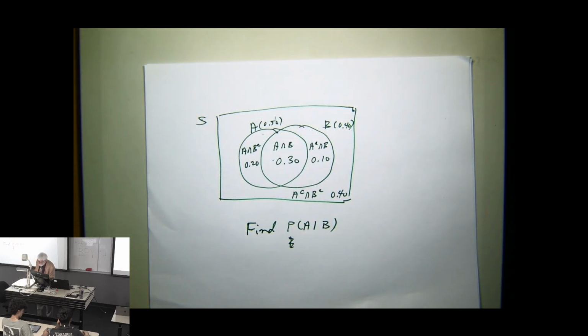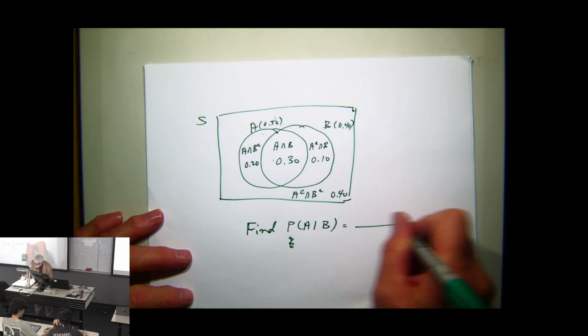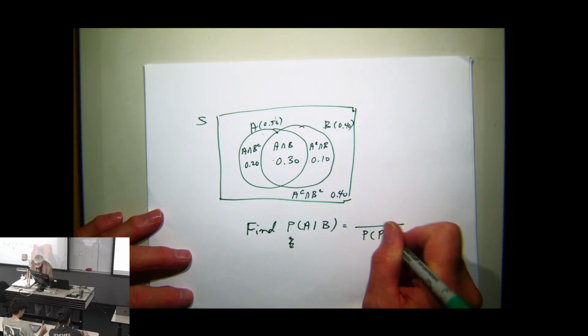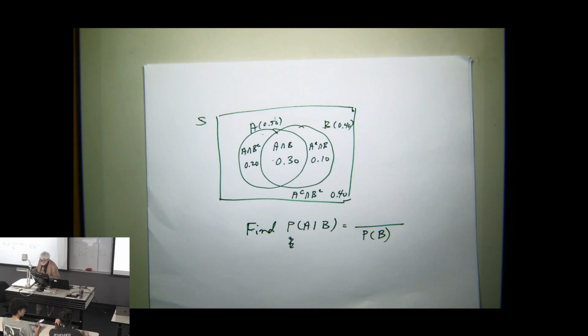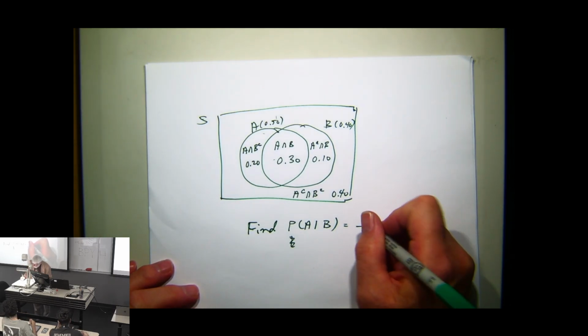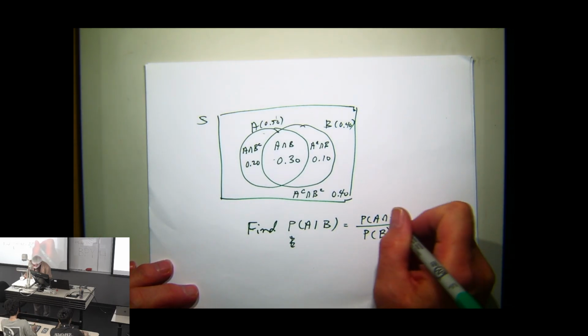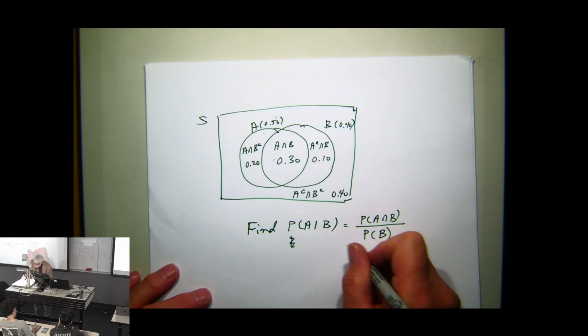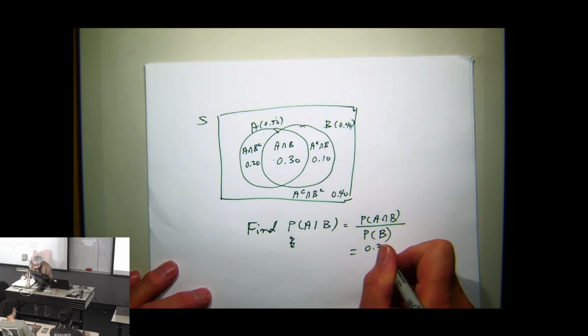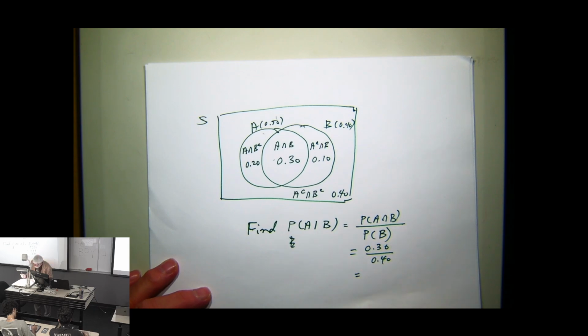It occurs with probability 0.4 in the full sample space, but now I'm given B, so that becomes my denominator, the probability of B. And then we ask what proportion of B occurs with A. That occurs in the intersection, the probability of A intersect B. So that's going to be 0.30 over 0.40